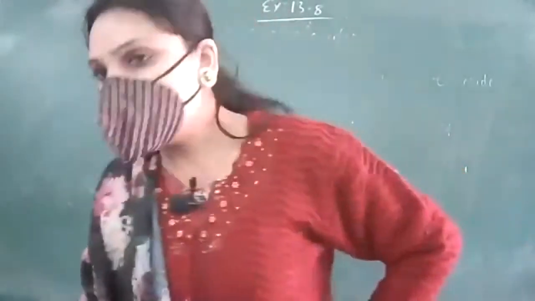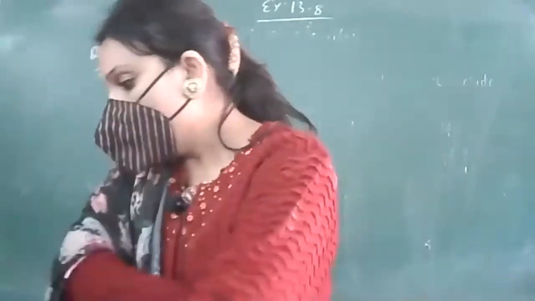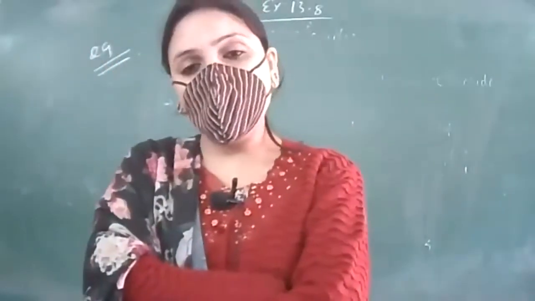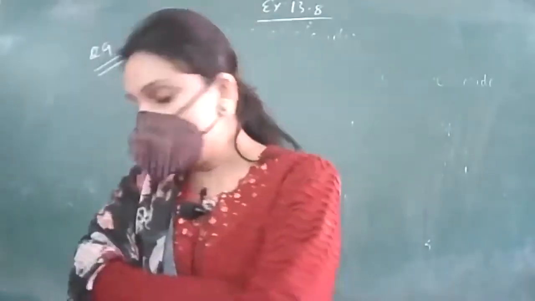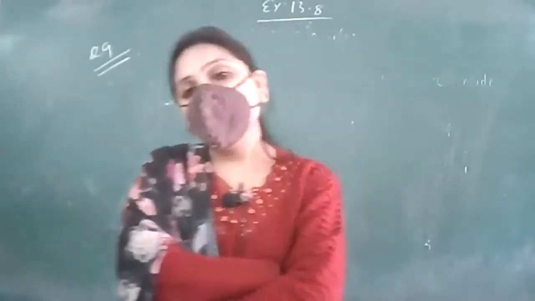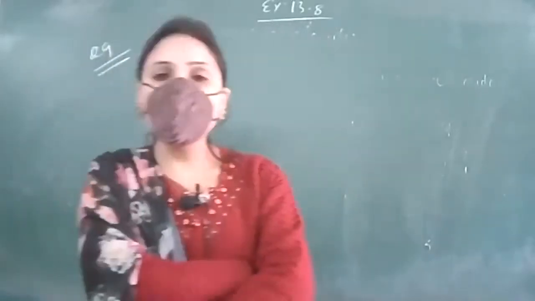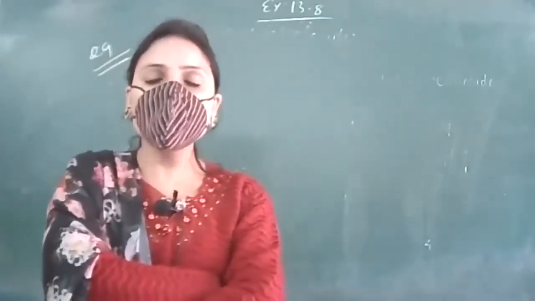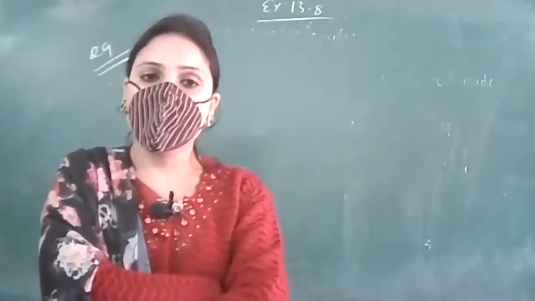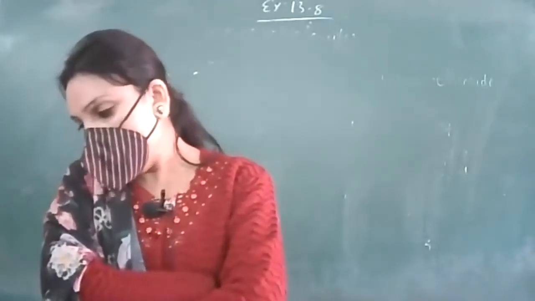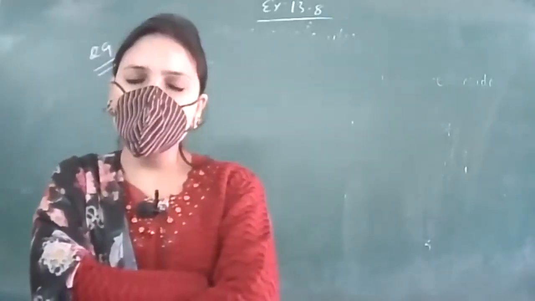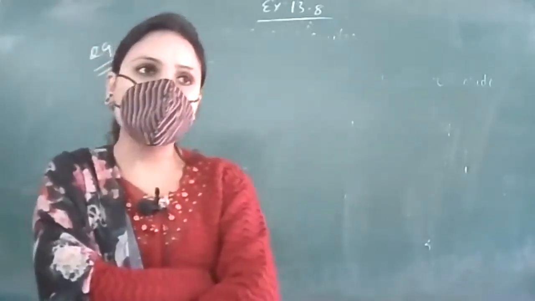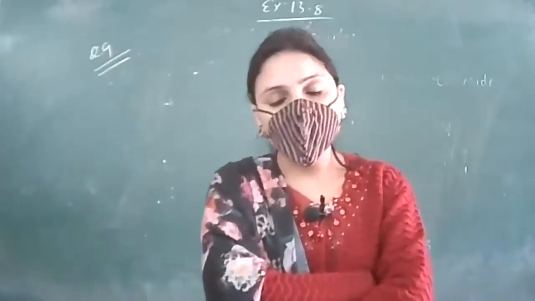Right? Let us read out this statement. 27 solid iron spheres, each of radius r and surface area s, are melted to form a sphere with radius r dash and surface area s dash. He says, find the radius r dash of the new sphere and the ratio of the surface area, that means S and S dash, of the two spheres.